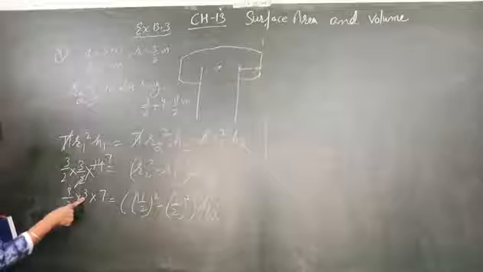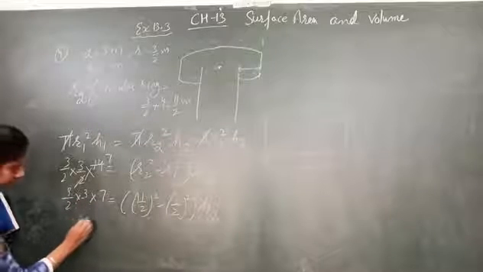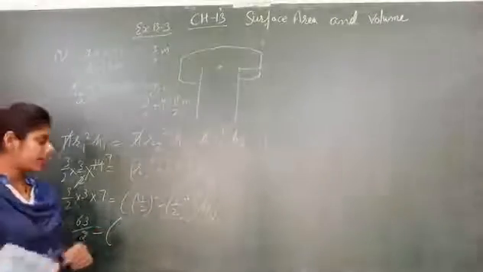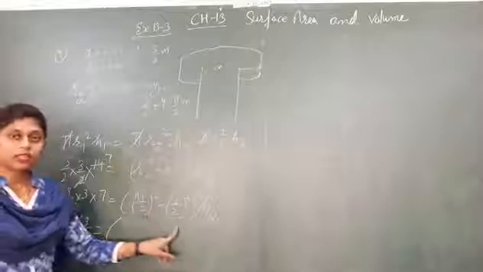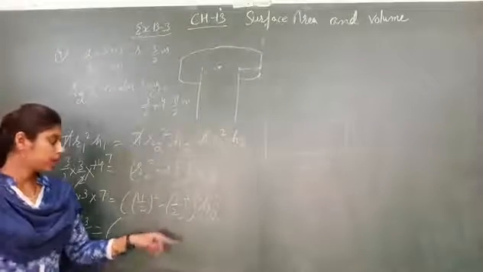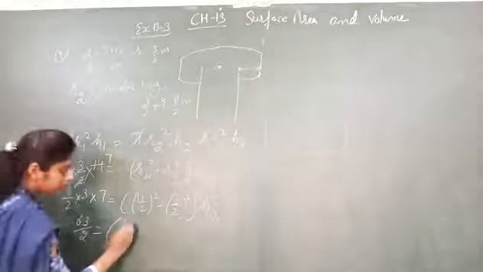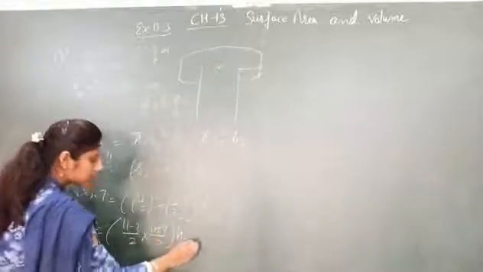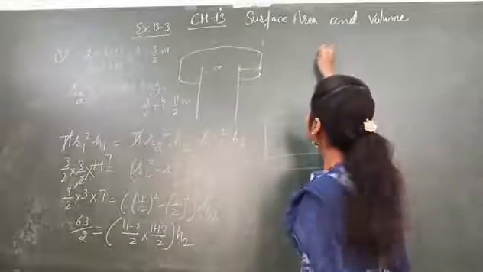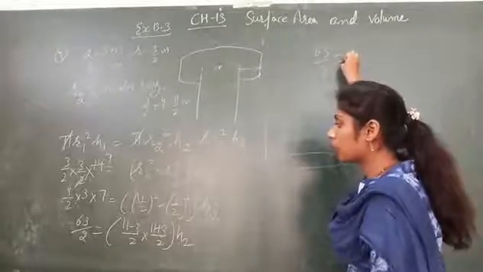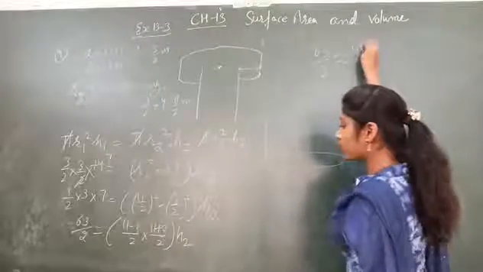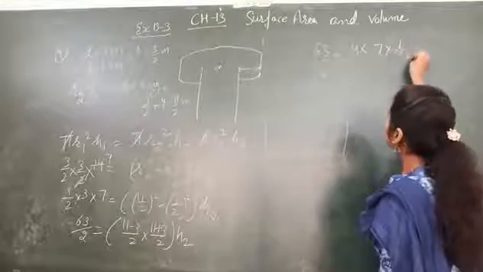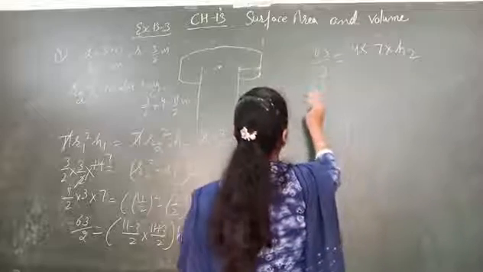3 3s are 9, 9 7s are 63/2. Simplify it. You can directly apply the formula a square minus b square, that is a minus b into a plus b. 11 minus 3.2 into 11 plus 3.2. Simplify it. 63/2 is equals to minus 8. 8/2 is 4. 11 plus 3, 14. 14/2 is 7. h2. So 63/2 into 4 into...